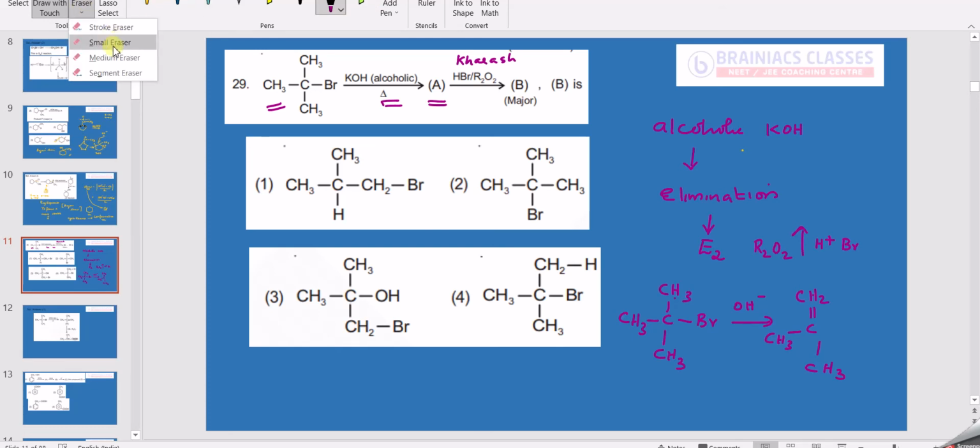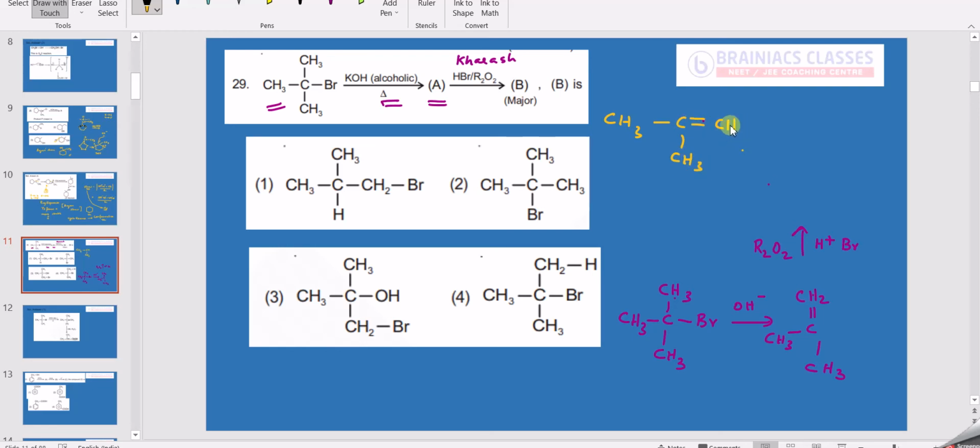So we can say here the product formed will be, let me rub this. So you can see here the product will be this one. You have CH3, CH3, double bond CH2. So addition across this, bromine will come here, and hydrogen will be coming here. Then it will get converted to a single bond. So CH3, CH, CH3, CH2Br. This is the product. So is there any product like that? CH3, CH3, CH2Br. Option 1 looks the correct answer. Is this clear for everyone?